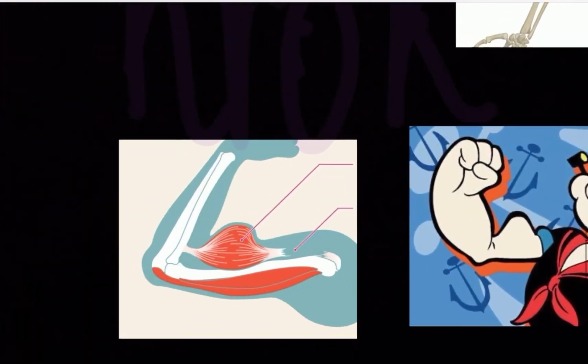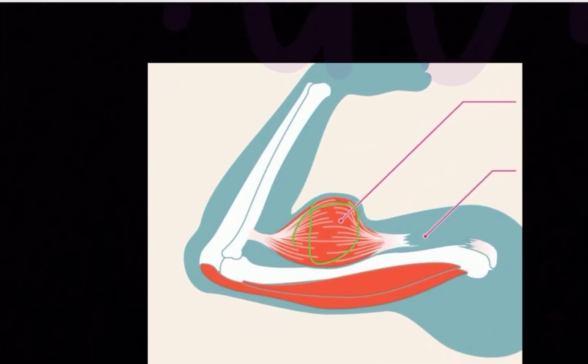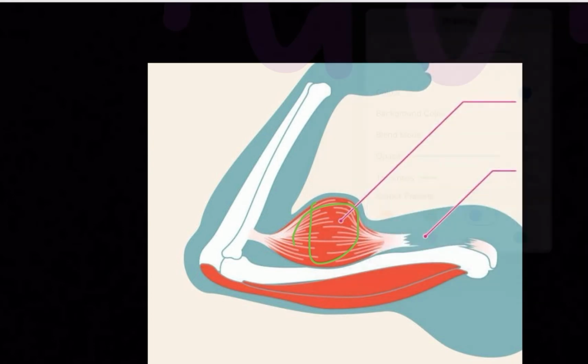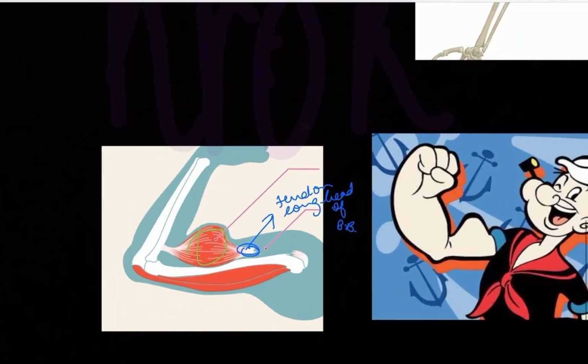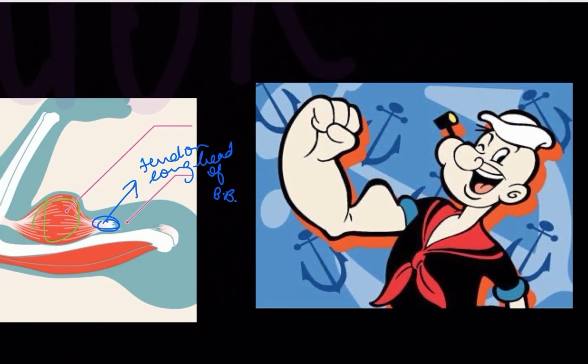Now let's talk about this Popeye sign. Here you can see this is the muscle's belly, right? It is bulging out because there's damage to this tendon. This is the tendon of the long head of biceps brachii. So there's a bulge. You can remember it through Popeye. Most of us would have watched Popeye the Sailor Man. It was a cartoon all about muscles, how strong his muscles were. So this is the Popeye sign.